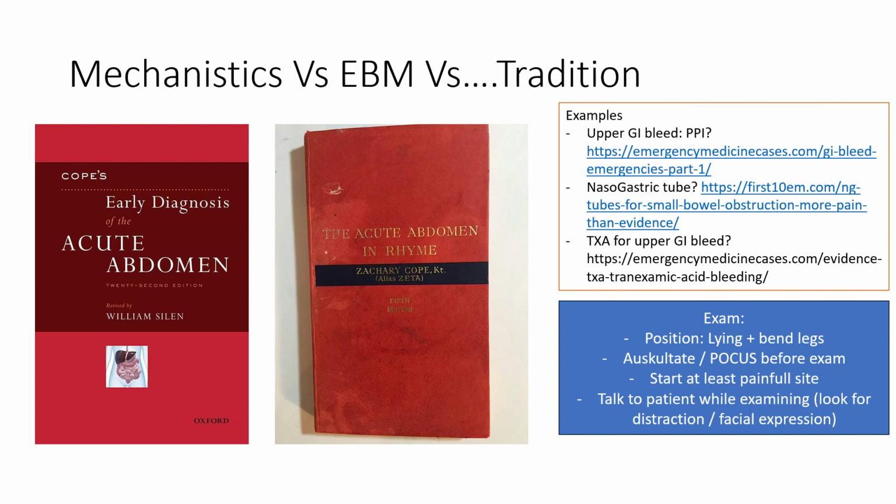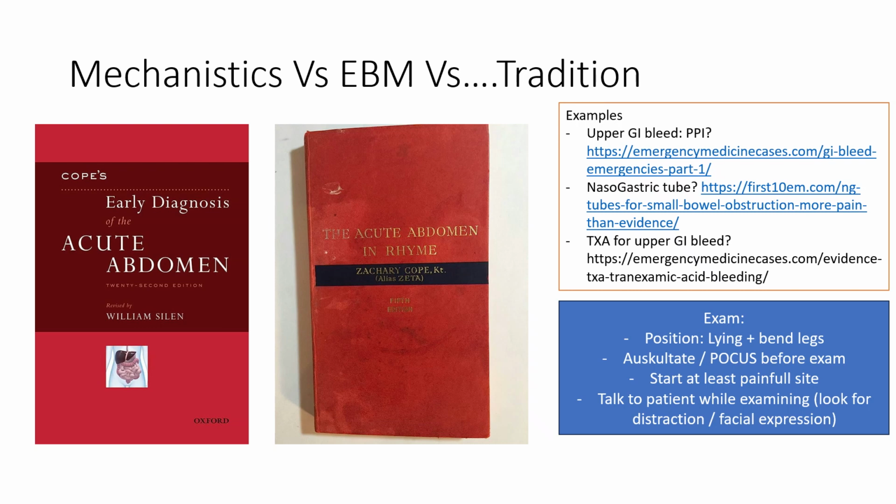Going along the same line, the TXA, tranexamic acid for upper GI bleeds, the HALT-IT trial came out last year, I think it was, maybe 2 years ago. The importance of that is that tranexamic acid is the next thing they usually talk about when we talk about PPI, upper GI bleed. Well, have you given PPI? Have you given TXA? It's usually not a hill I want to die on. It's just saying that